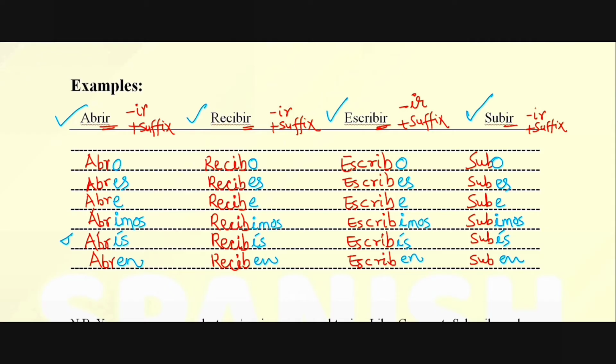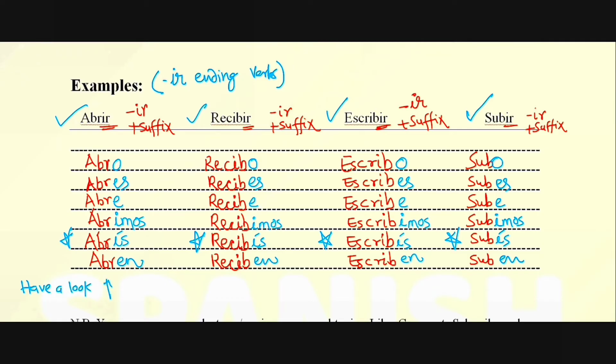One thing we can see, I'm putting stars on 5th conjugations everywhere because these are accent points. We have accent on I. So you have to remember. In regular IR ending verbs, we put accents on I in 5th conjugation. So IR ending verbs got over. We have 3 categories: AR ending, ER ending, IR ending.